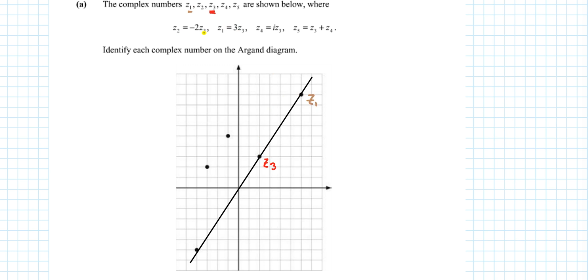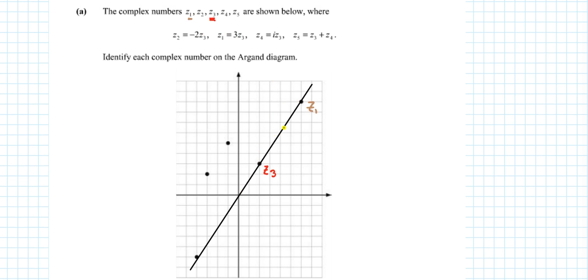Wherever Z3 is, if I go 2 times further out on the same line, but back through the origin, back around, okay, so this down here is going to be Z2,